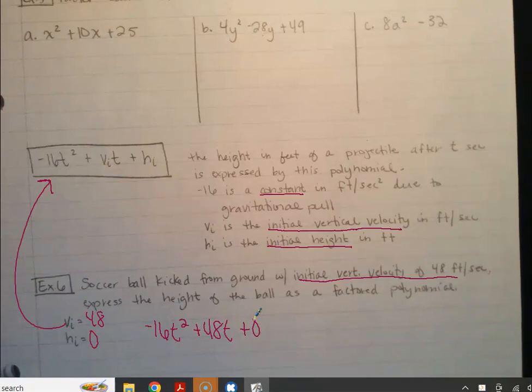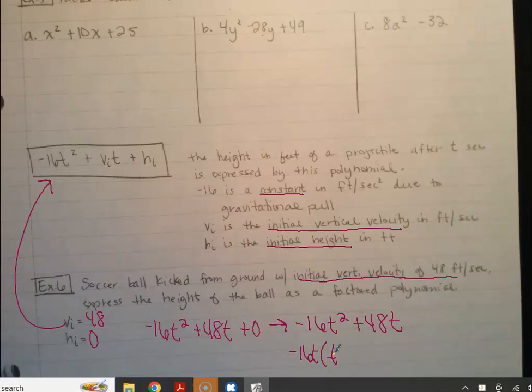So could you pretend like the plus 0 is there? Yeah, you can absolutely. Negative 16t squared plus 48t, and I think you can factor out the negative 16t. Go ahead and take the negative too, because then you'll have that t squared. It's negative 16t, right? Negative 16. Okay, perfect. So then that will leave us with t minus